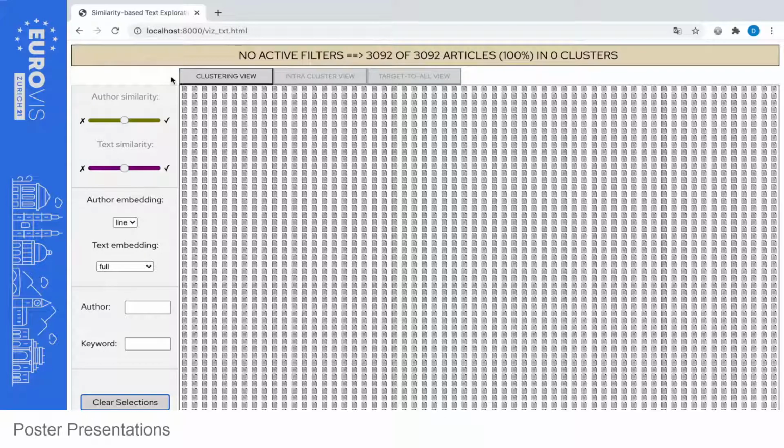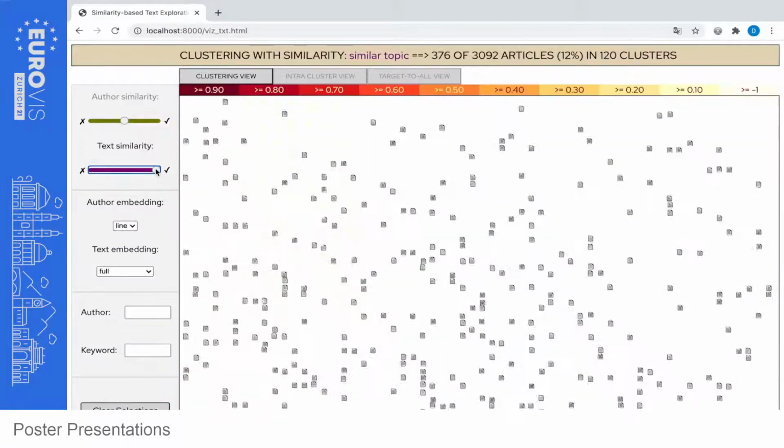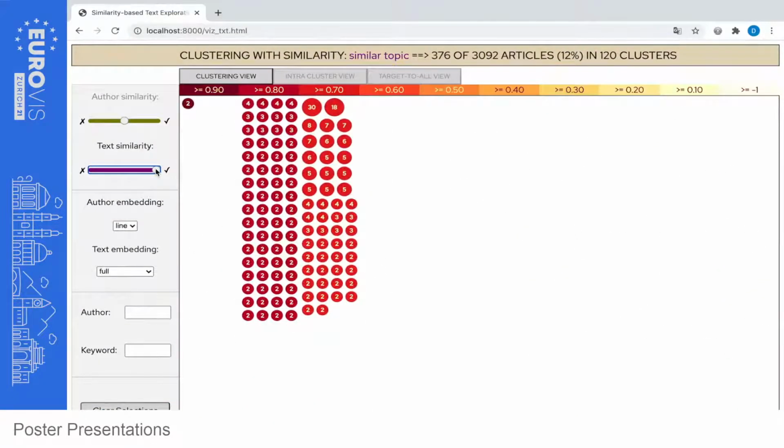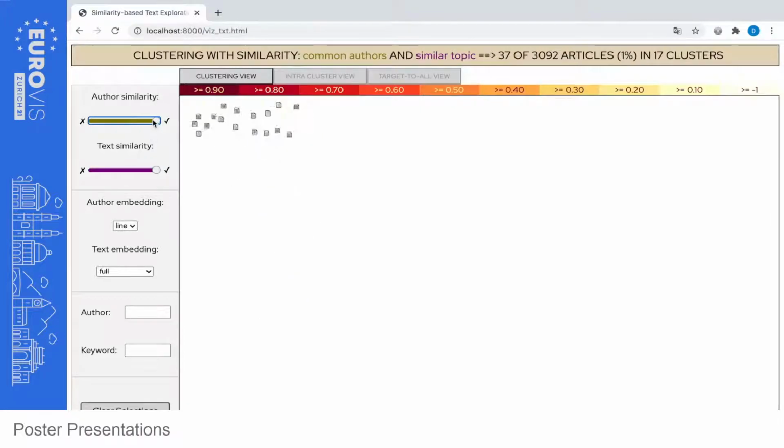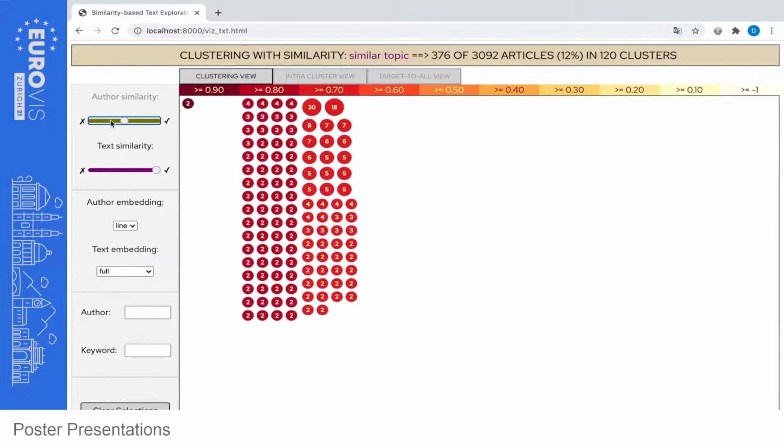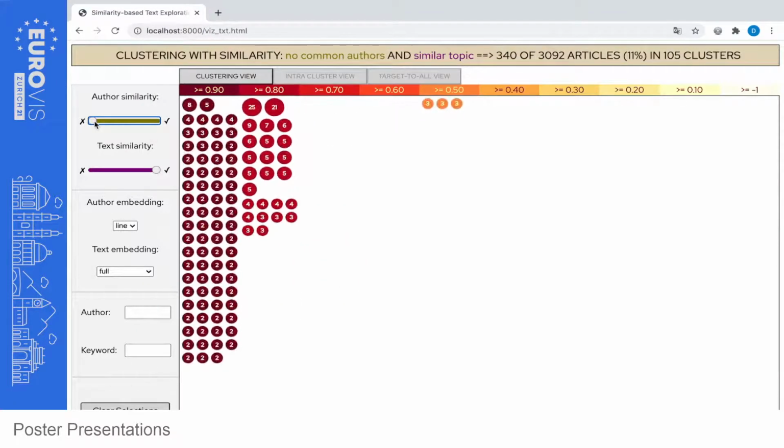in the clustering view. This view is used to assess the overall similarity patterns, and on every change of the settings, the articles are clustered together with the article that it is most similar to, if any, under the current settings. The different criteria may be activated, inactivated, or negated, and the current settings show a clustering of articles that are semantically similar and written by different